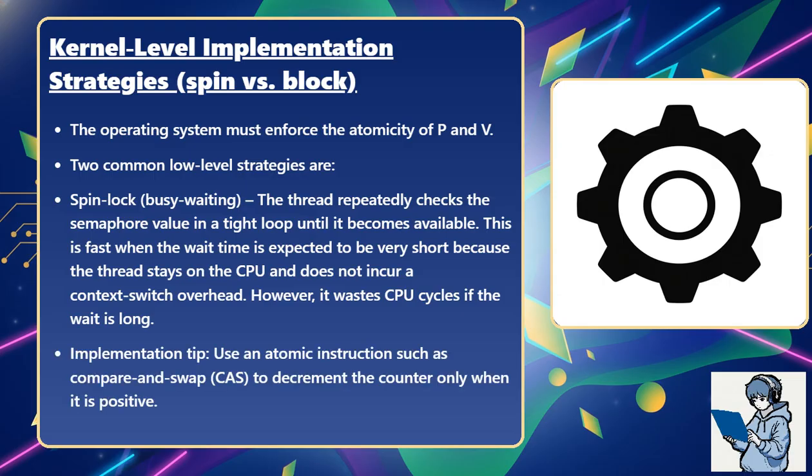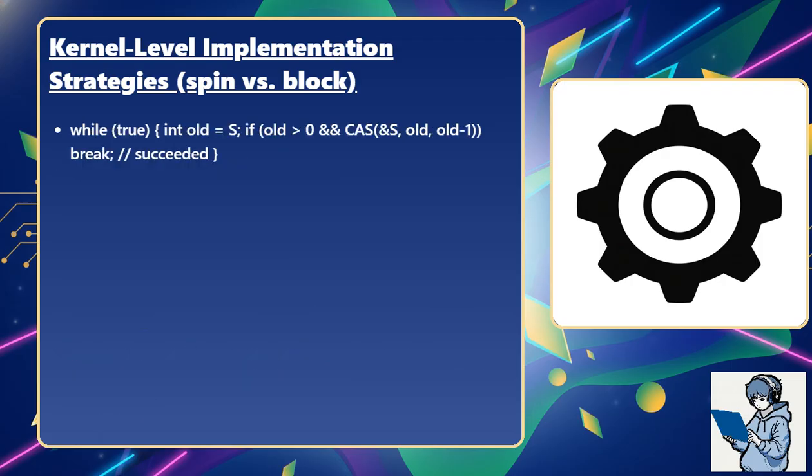Implementation tip: use an atomic instruction such as compare-and-swap (CAS) to decrement the counter only when it is positive. while (true) { int old = S;